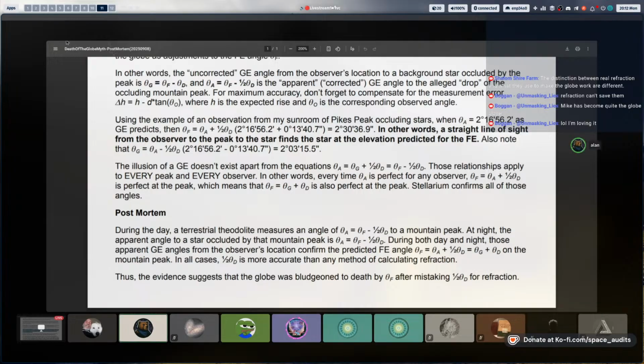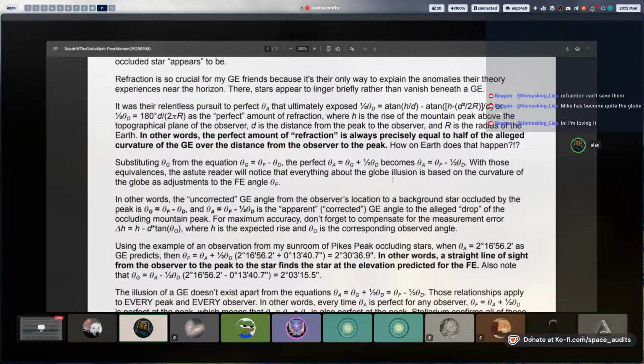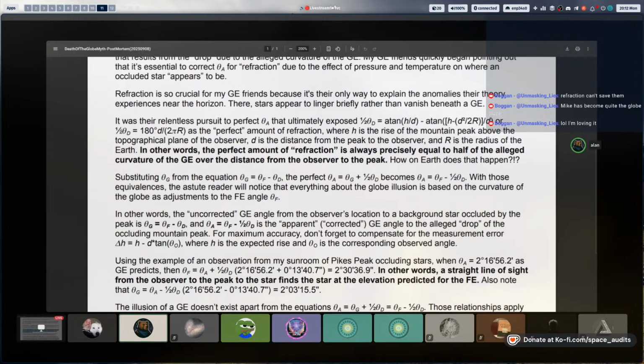So yeah, I got a question about the 360 times the distance. So we know that 360 times the distance gives us the globe drop amount, to the star rather, for the full position where that is. And then half of that, 180 times the distance, gives us what they would predict for the physical elevation of a mountain peak, for example, relative to that distance. And the astronomical refraction amount that they apply low at the horizon is basically 1 to 1 whatever the other half of the 180 of the drop would be to make the full 360.